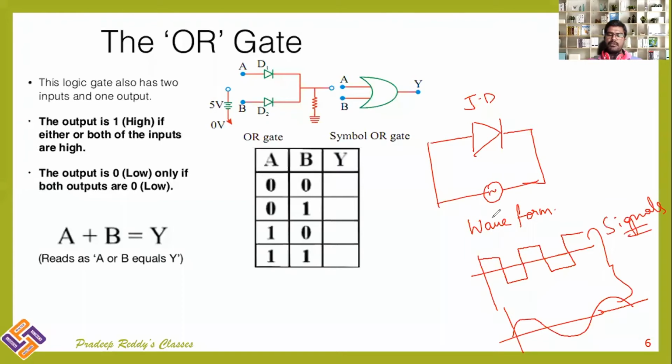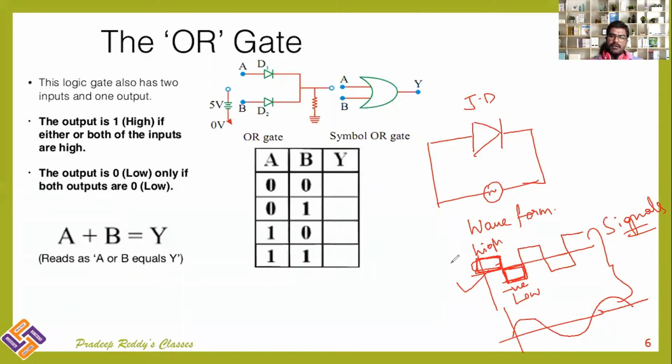Usually the inputs of electronic devices will be provided in such digital form, and this is the waveform which is being provided. Say for example, if you are providing this waveform, this peak represents that it is positive, and positive represents that it is high, and this peak represents that it is negative, and the negative voltage represents that it is low.